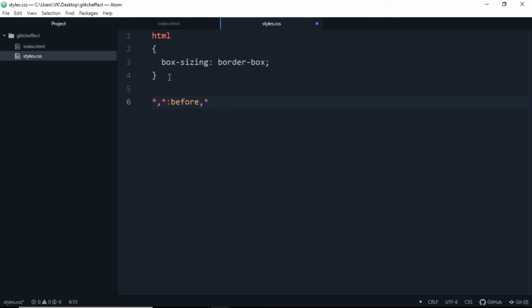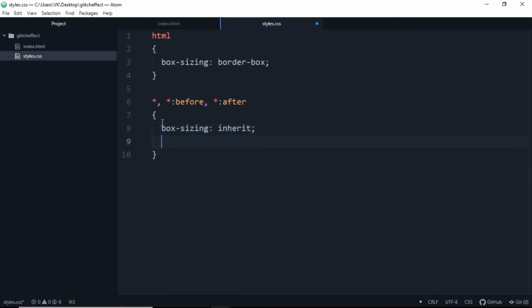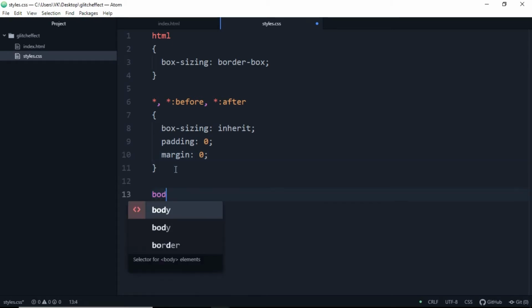We're going to use this before and after here, and star is going to represent, it's going to select all the elements here. Add a curly brace and let's write all our text inside it. Also make sure you add some spaces between them, it really looks good. So the box sizing will be inherit, which is border box. Padding will be 0, margin will be also 0. So every element on our web page is gonna have a margin and padding of 0.